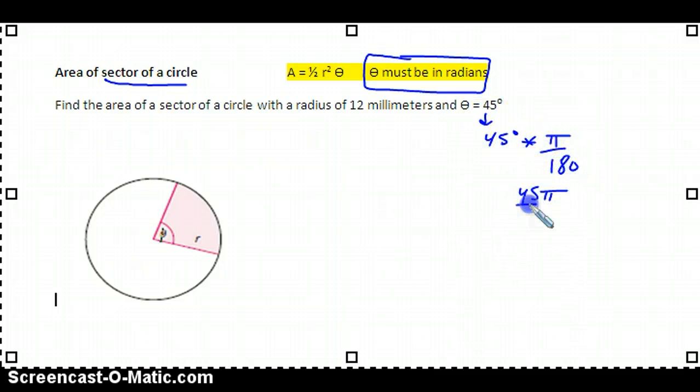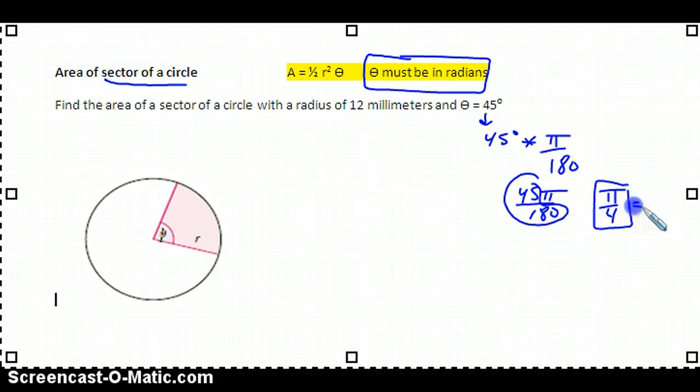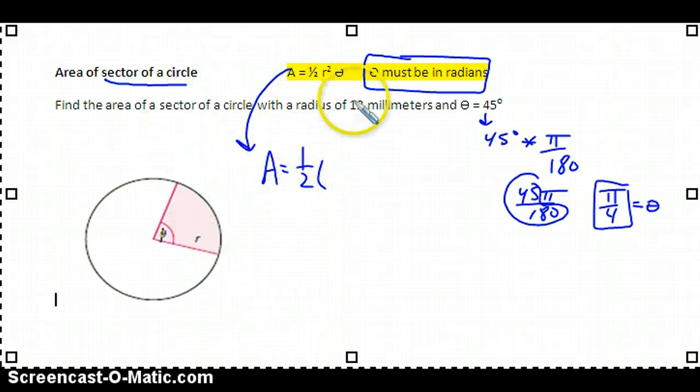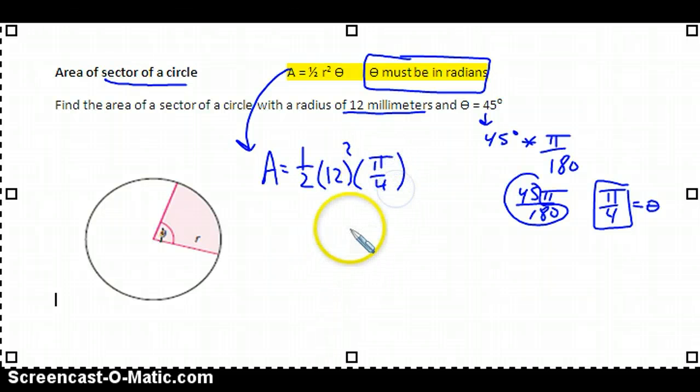So 45 pi over 180. If you reduce this fraction, 45 over 180 is 1/4, so you'd get pi over 4. That's what we want to use for theta. Now plugging into my formula, take half the radius. It says my radius is 12 millimeters, so r is 12, squared, times pi over 4. If I asked you to give an exact value answer, you would type in the calculator half times 12 squared